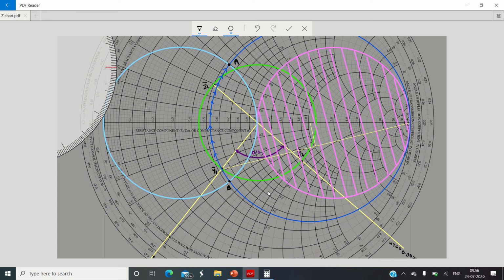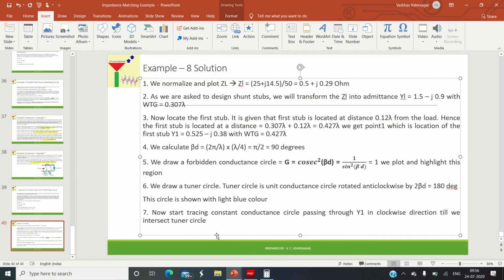first step, right? So here I will write in the PowerPoint. What we have done is we started tracing the constant conductance circle passing through y1 in a clockwise direction till we intersect the tuner circle at points A and B. Points A and B are both valid design points, and any one point